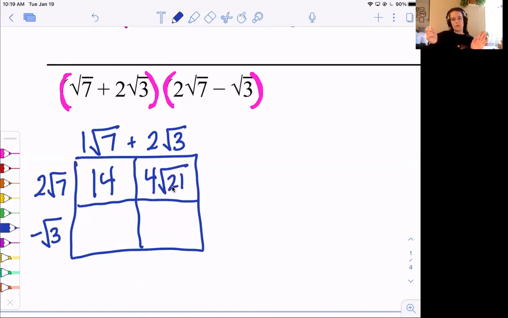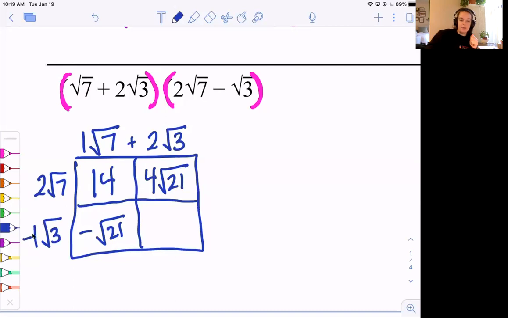Does 21 simplify? Is there anything we can pull, any perfect squares we can pull out of there? Walter says no. I'm going with Walter. Awesome. I have negative, remember this would be like -1 here. -1 is my coefficient. So -1 times -1 would be negative. And I have 3 times 7 root 21. We already did 21. Walter said no, so I'm going with Walter. And then I have